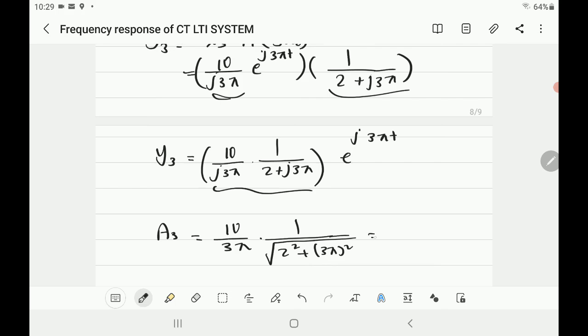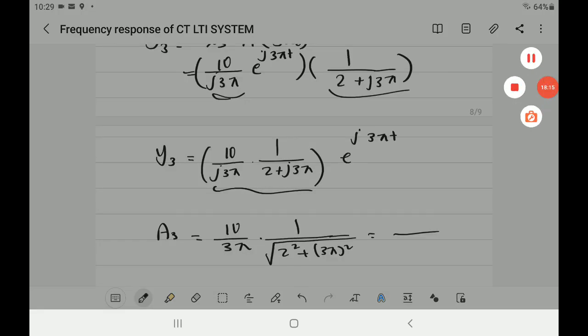All right, and then we'll be done. If you need the fifth or whatever, this is the way to do it to find the response of